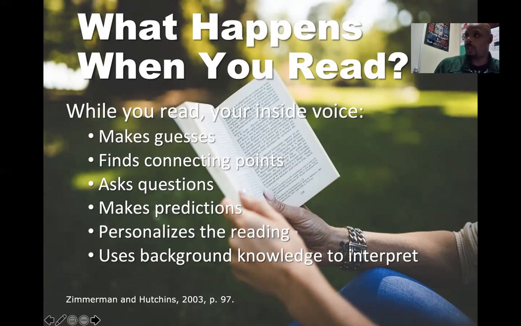The relation when it comes to inferencing is that the only thing I would say is you're not necessarily making guesses. Well, you're making guesses as you go forward, as you gather evidence. In the absence of evidence, you're guessing. But as you gather evidence, it becomes less guessing, okay? Now that next to last bullet, all right, then actually the last two bullets, personalizes the reading and uses background